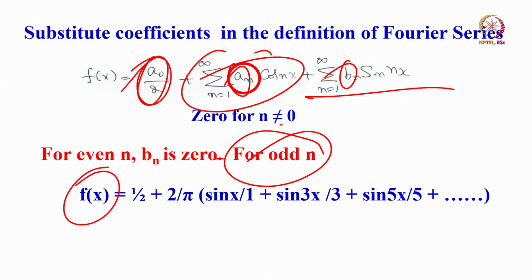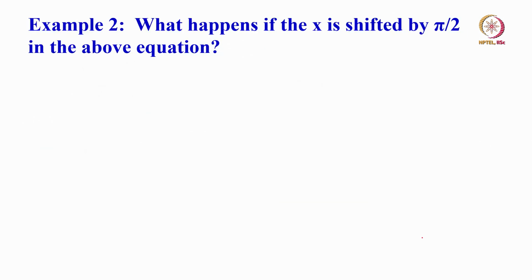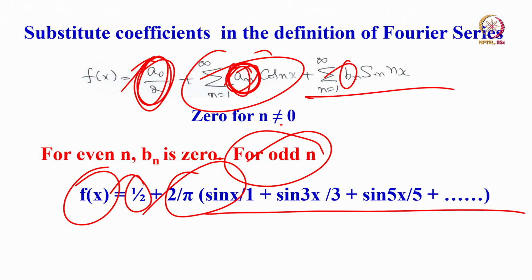Now, using this, substitute this for the function f of x. a0 we worked out to be 1, remember a0 we showed it as 1. Now, a0 by 2, this value is half, this coefficient an we worked out, and we are going to get a series function like this, sine function and cosine function, of course you know already what is going to happen for even and odd.